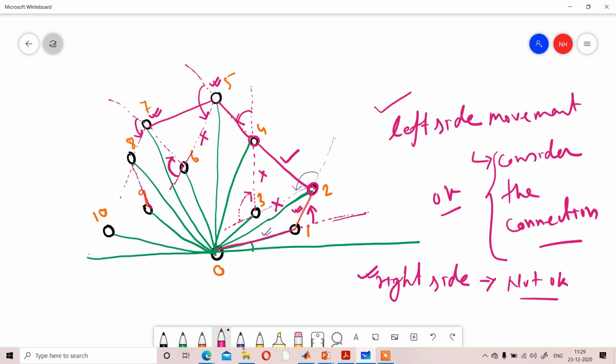That was your movement. Now you are moving towards the left side again. So that 7 to 8 connection is also okay. Now 9 to 10. Whenever you are moving from 9 to 10, see, the movement is towards the right side. As the movement is towards the right side, so 8 to 9 connection is not okay. So you are in the position 8.